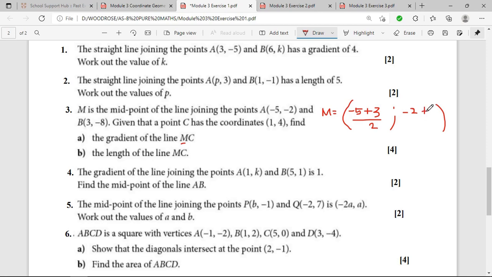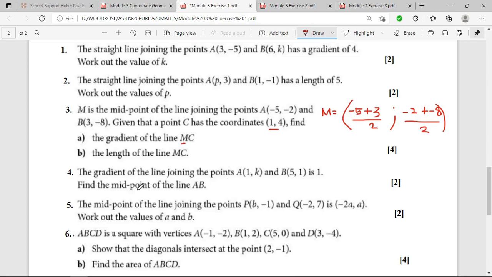Please, here we are adding. We add the x values, then we add the y values, then divide by 2. If you add the x values, divide by 2. If you add the y values, you divide by 2. So you are going to simplify. Please simplify. Then you have your midpoint. So you now have the midpoint. Then find the gradient of this midpoint at this point C. After that, you are also going to find the length MC. That is, you find the length between M and C. Then you are done. Then number 4, the gradient of the line joining this and this,